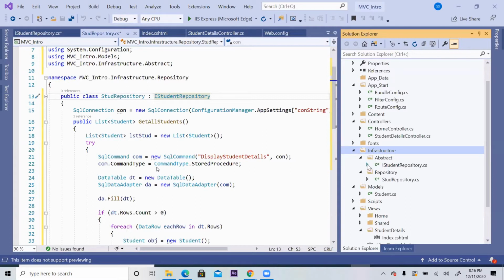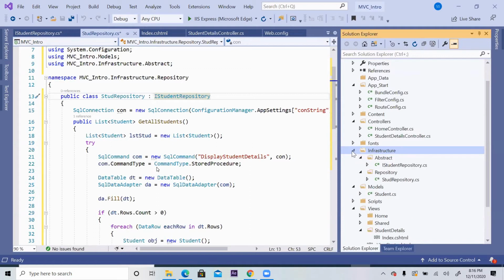Infrastructure, under that 2 layers, because we wanted a repository layer separately for the database connectivity. So if somebody asks what this repository pattern is doing, then you have to say the repository pattern makes the database communication layer separate from the application architecture. Today we are putting it in a folder. Chance is that tomorrow we will put it in a separate class library, if you want further reusability.